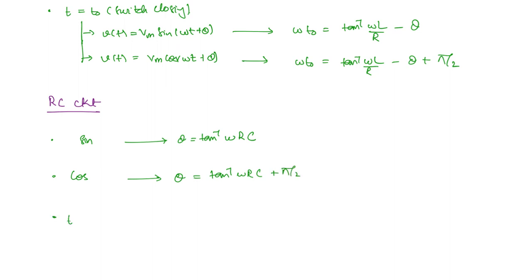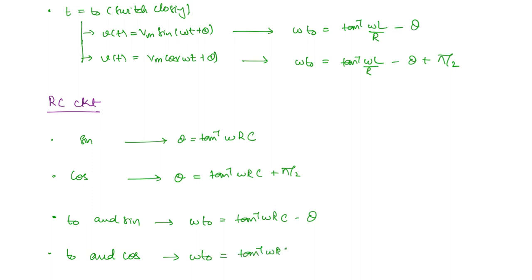And what about when the switch is closed at t0 and the function is sine? In this case, omega t0 is equal to tan inverse omega RC minus theta, right? It is the same as in the previous RL case. And what if it is t0 and cos? Then omega t0 is equal to the same angle, tan inverse omega RC minus theta plus pi by